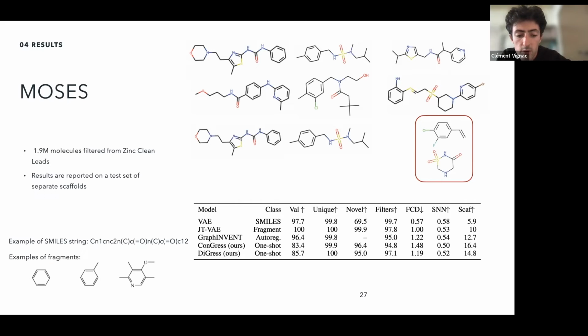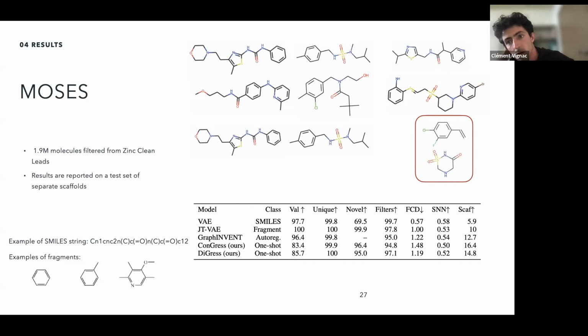But our model is on par with GraphInvent, except on the validity metric for the reasons that I mentioned. So we managed to bridge the gap with autoregressive methods, and that's nice because there was a big gap in the past. One metric that is interesting is the one on the very right, which measures the proportion of